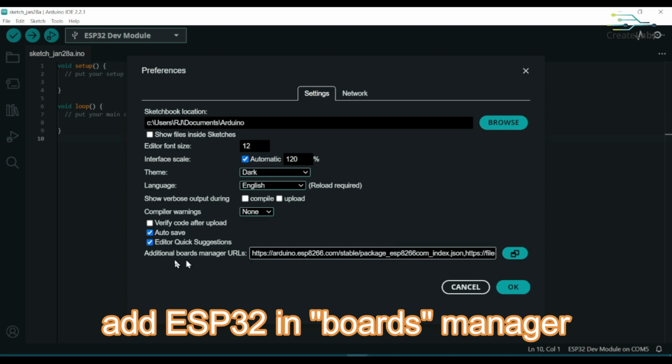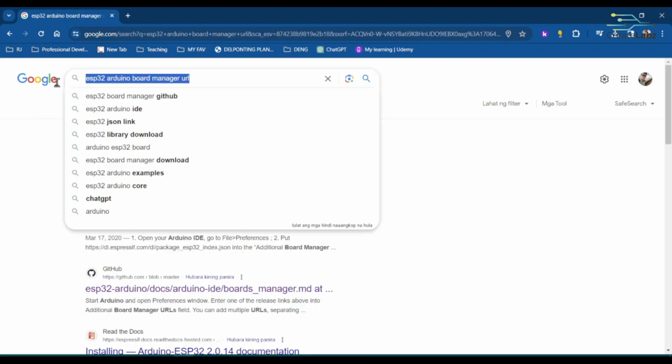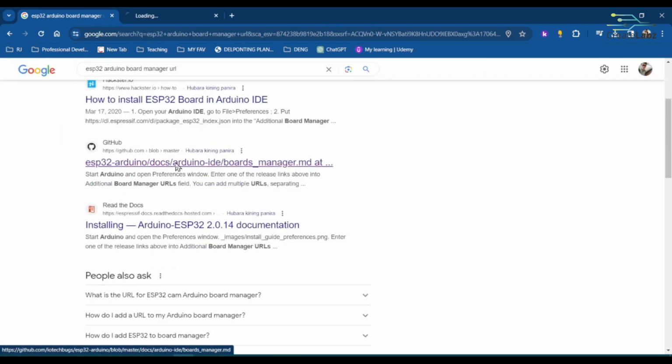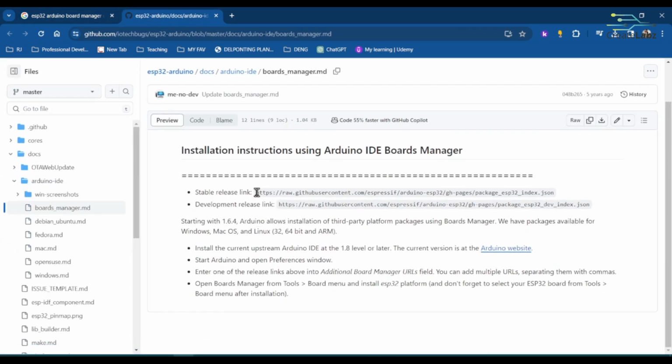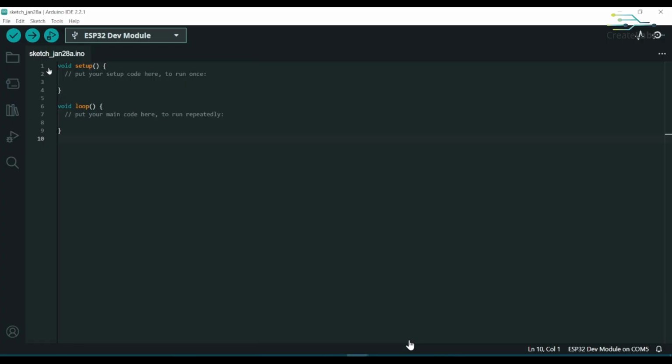So if you already have some items here for your boards manager, you just have to paste your boards manager URL for the ESP32. So in this case, I have multiple URLs, so I have just separated them using a comma. Okay? So look for the ESP32 boards manager URL and then go to the GitHub link. And then on your GitHub link, just copy the stable release link for our ESP32. Then copy it in our preferences,